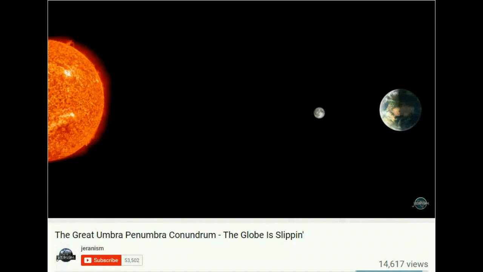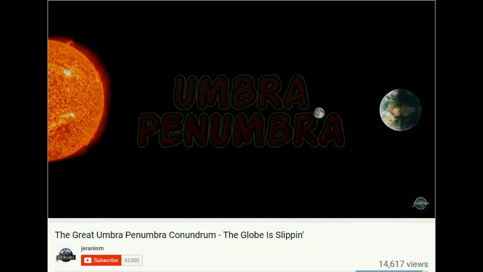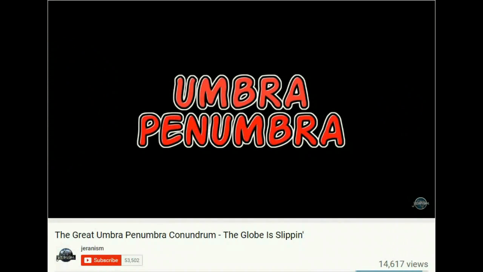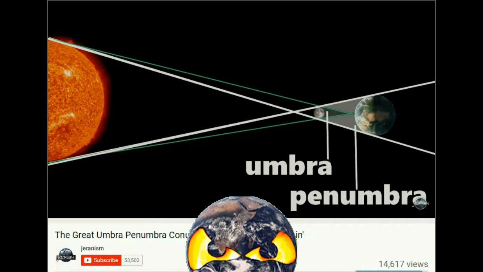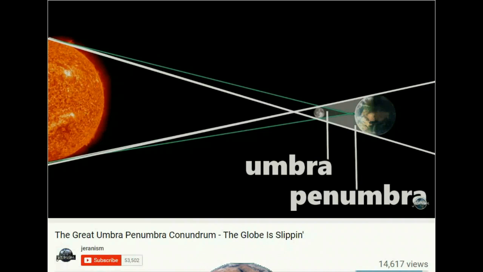But now we're looking at a solar eclipse, and we're going to see exactly how they draw for us the umbra and the penumbra. So go ahead and go to any site that shows you how these shadows work with the eclipse or the lunar eclipse, and you'll see lines drawn like this from the top edge there of the sun down, meeting with the outer edge of the Earth, and so forth and so on, and you have a problem. What problem? And does anybody know what that problem is? Is the problem that you don't know how to read your own diagram, or you just don't know how shadows work?